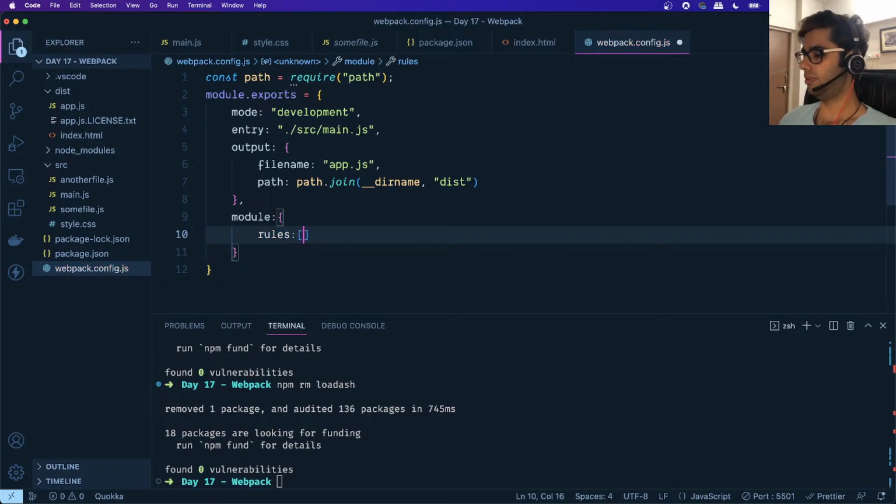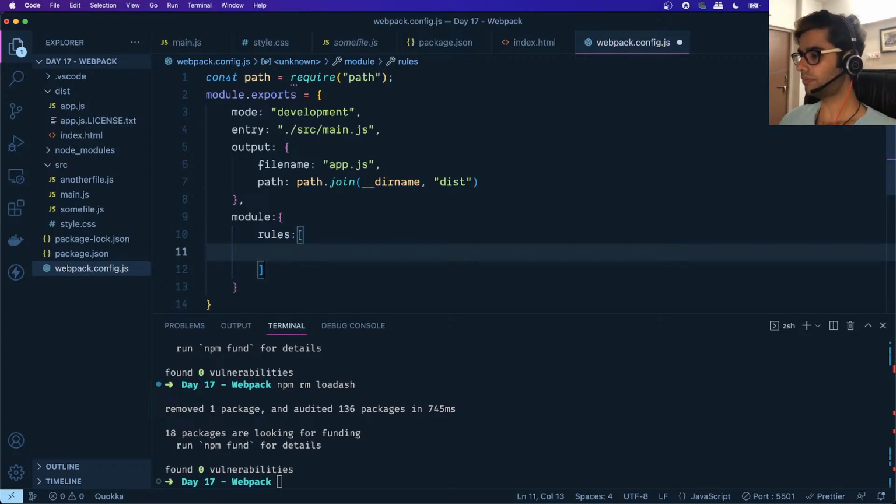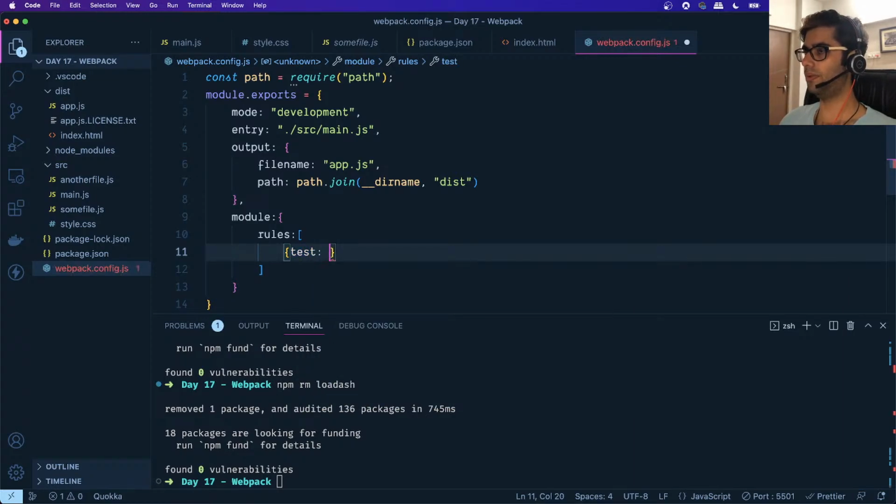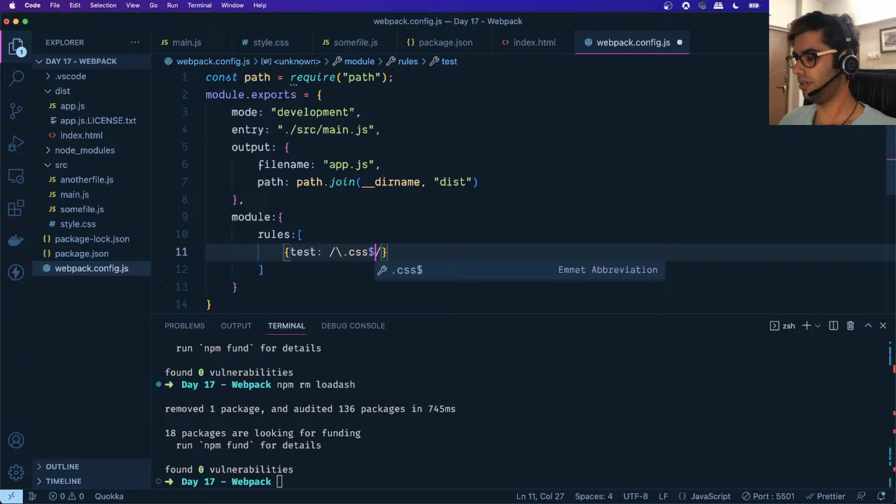So rules is an array, and then what I want to say is that the rule that we want to test is that we want to test whether all of the CSS files which end with a CSS extension are scanned, so Webpack scans through all of the CSS files in our folder, and it can load all of those files. So whichever files have the CSS extension, okay,